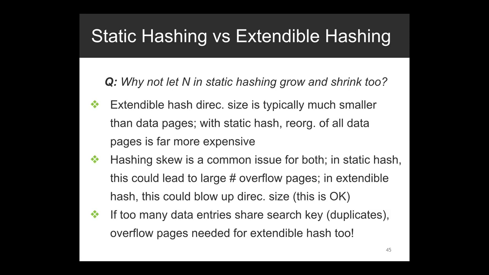Yes, you have to keep rehashing it. You might have to move records across pages. There will be a lot of random IOs. Okay, so extending n in the static hash is painful. On the other hand, the directory structure for the extendable hash index is typically much smaller than the data pages. Let's say you're able to pack 20 data entries into a page. So the directory structure is 20 times smaller than the number of data entries. Okay? And that typically can be cached in the buffer pool, whereas the data pages, the bucket pages